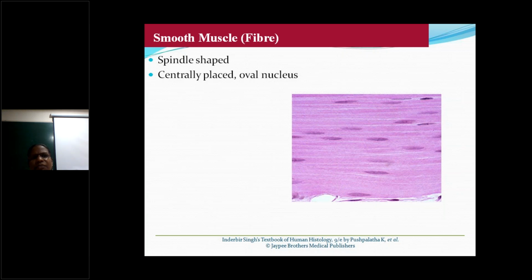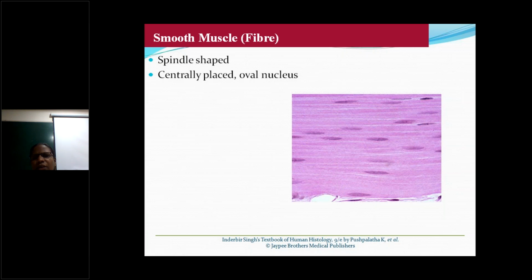Next, a third muscle we call as smooth muscle. In all the parts of the viscera, we are seeing the muscle. That muscle we call as the smooth muscle, or another name for the smooth muscle is plain muscle. Smooth muscle, involuntary muscle, plain muscle, all are similar. How you are able to identify the smooth muscle means they are spindle shaped cells. This one is the spindle shaped cell with centrally placed round nucleus or oval shaped flattened nucleus. Assume this is the spindle shaped cell with centrally placed oval shaped flattened nucleus.